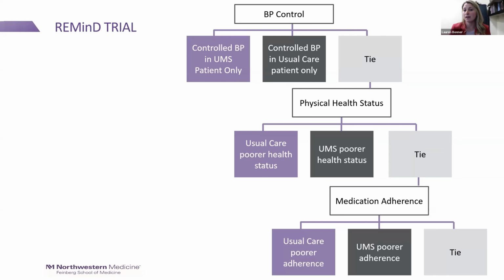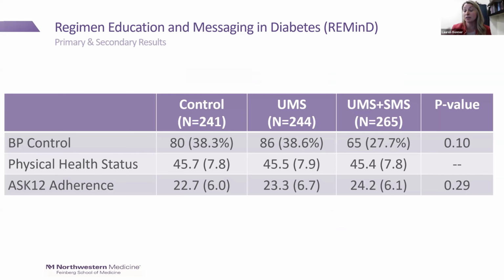The second outcome was then the PROMIS Global Health, also measured at 6 months. And then the third outcome was the ASC-12 total score, also at 6 months. So that's a measure of medication adherence. So before I show you the preliminary results using the win ratio, just for comparison, I wanted to